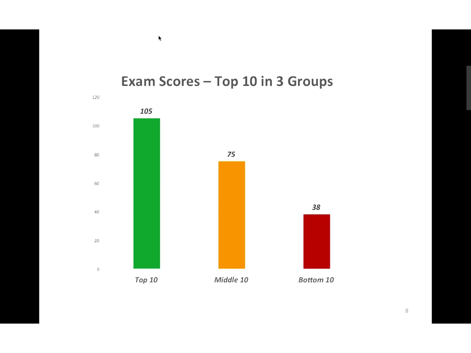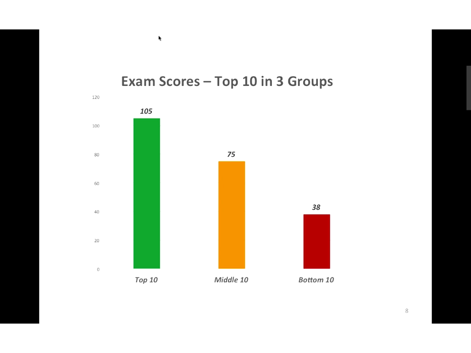Now, what I did here, I wanted to show you visually some things that predict exam success. I didn't want to get mired down with all kinds of statistics, but what I wanted to show you is the green bar. I took the top 10 scores on the exam. That group of 10 people are the green bars we will see in the next couple slides. And the average of those top 10 people on the exam was 105%.